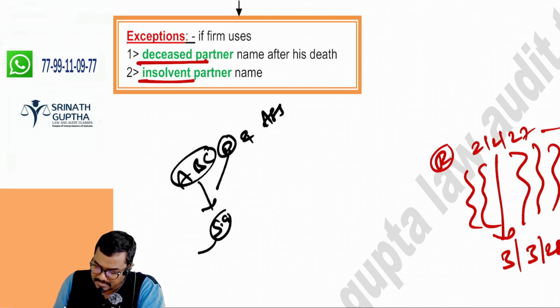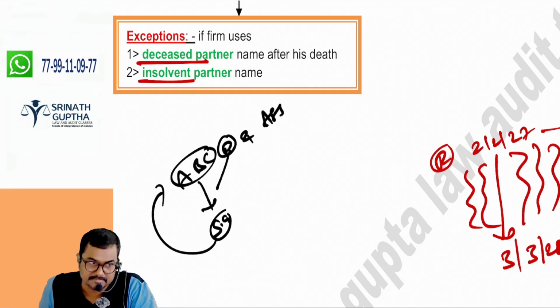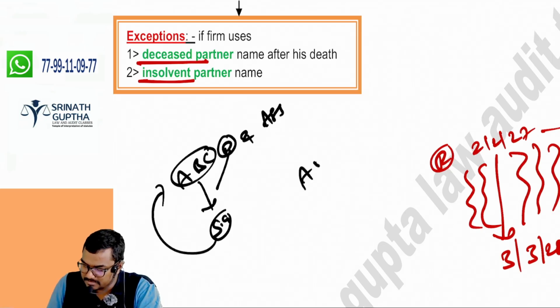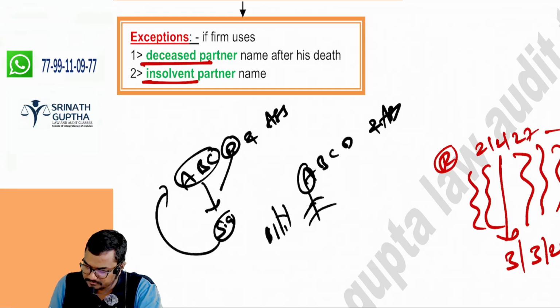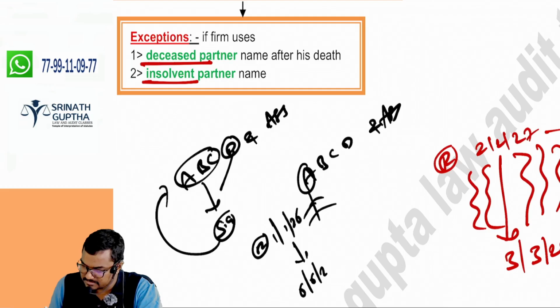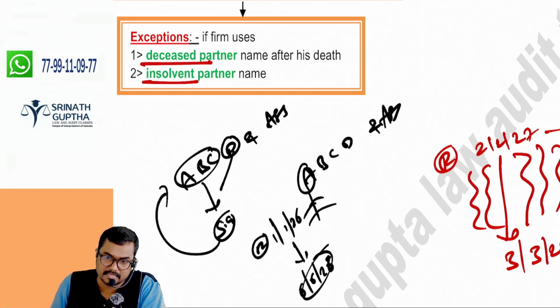By believing Dhiren, I gave the loan to ABC and associates. Whether Dhiren is liable to me? Yes. Otherwise, say ABCD and associates have been partners for so many years, for the last 10 years. One fine day, A is retiring. He retired on 1/1/26. He gave public notice on 6/6/26. Until public notice is given, he is deemed to be a partner by holding out or partner by estoppel. But public notice is not required in two cases: one is death, the other is insolvency.